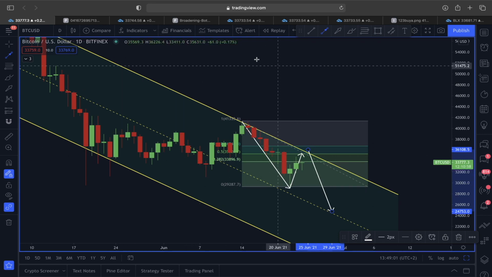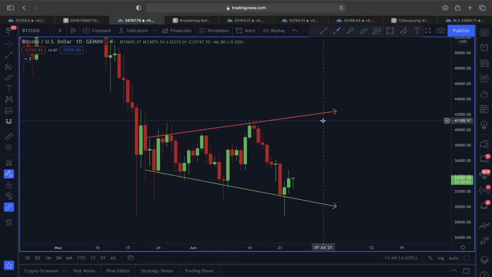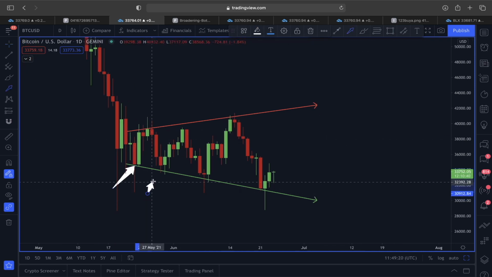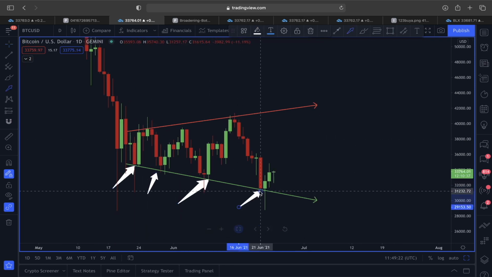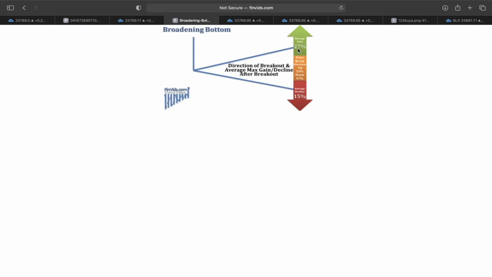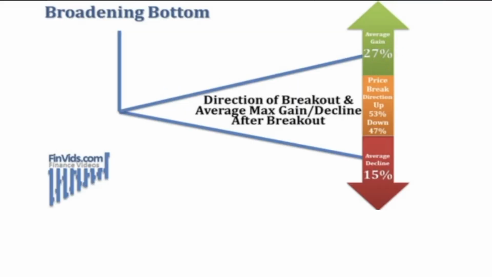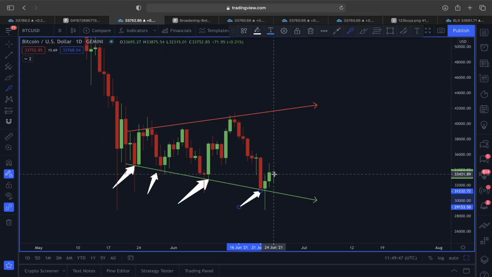And not just only because of this, here in a daily time frame, if you also look at this price structure, you can see, guys, again here in a daily time frame, yesterday we did talk about this broadening bottom playing out for Bitcoin, because we were aware the lower line here in the past Bitcoin price action always acted as a very strong support line. We were also expecting some sort of an upward movement to play out for Bitcoin, because according to this broadening bottom example, you can see the average gain here to the upside is 27% and the average decline is 15%, and all together you can see the price breakout to the upside is 53% compared to the downside, and downside is 47%.